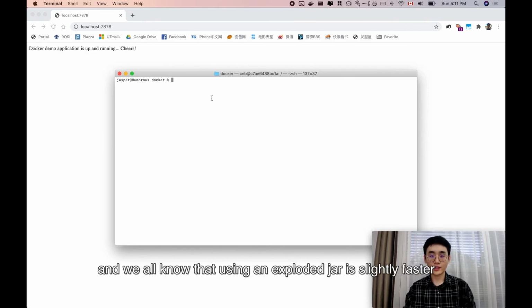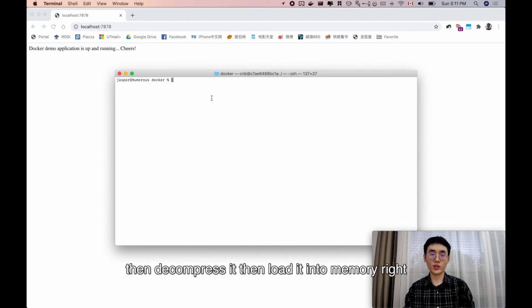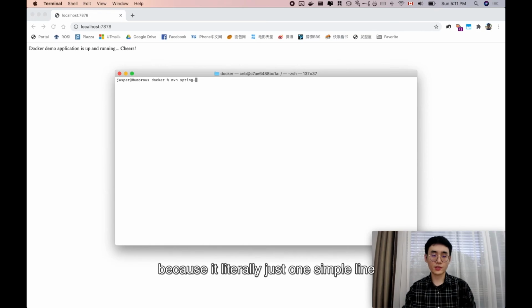And we all know that using an exploded jar is slightly faster because your JVM doesn't need to read the compressed data, decompress it, then load it into memory. But the overhead should be minimal, so you can use whichever way you want. But I generally just use the first way because it's literally just one simple line, and I don't have to type the docker command at all. So I can just do this, then it will build the image for me.